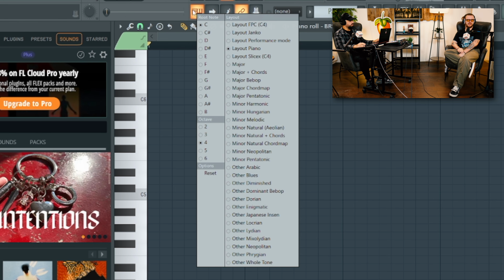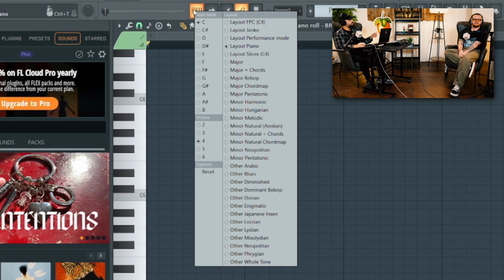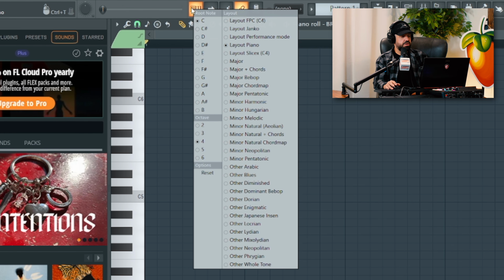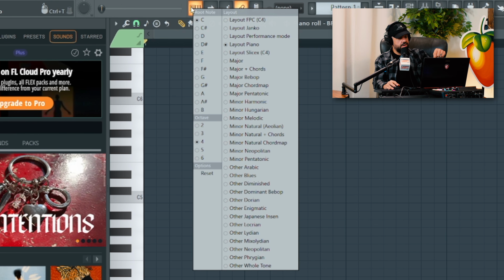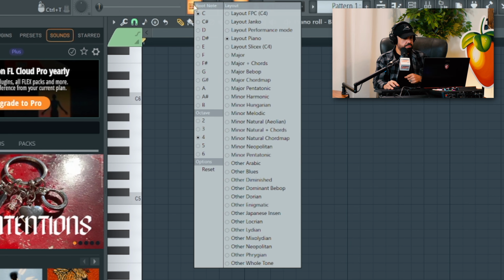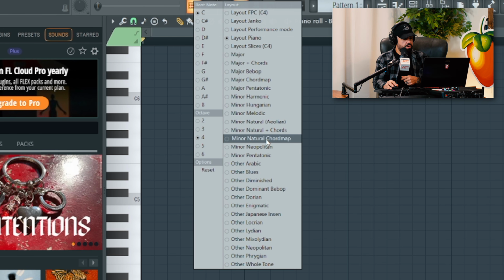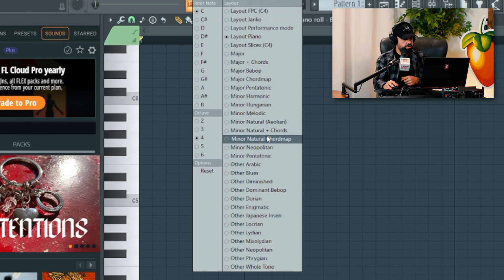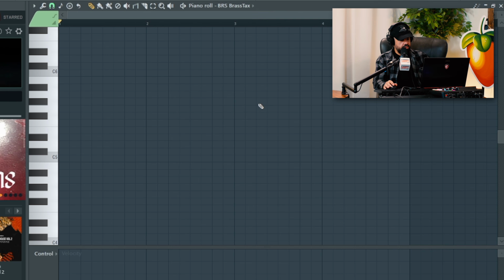You can turn on, by the way, tool. If you right click, well, not stamp. I can go to the stamp after this because that's inside the piano roll menu as well. But you can play out chords with one key, right? If you right click on the type to piano button and you go down to one that says chord map, so minor natural chord map or the major chord map, if you want to do major chords or minor chords, and then